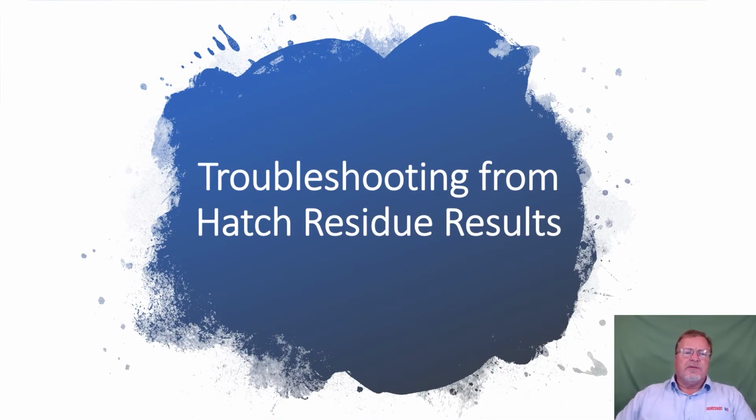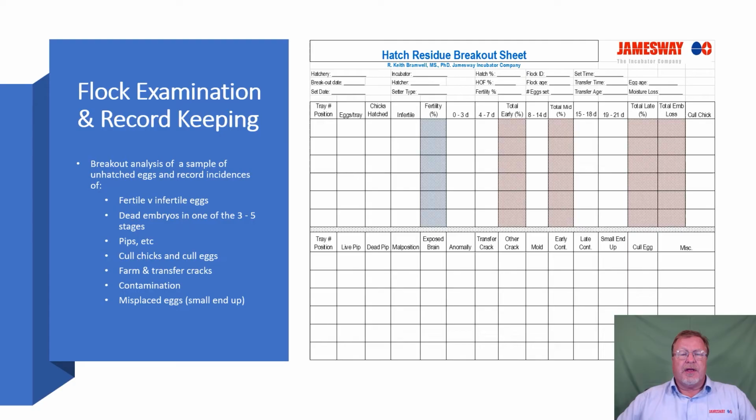Okay, so now that we've shown you how to actually do a hatch residue breakout, analyze the unhatched eggs from each tray, let's talk about what we can do with some of the data and how we can use that data to troubleshoot hatch problems. First of all, we want to look at the type of spreadsheet or breakout sheet that we use,